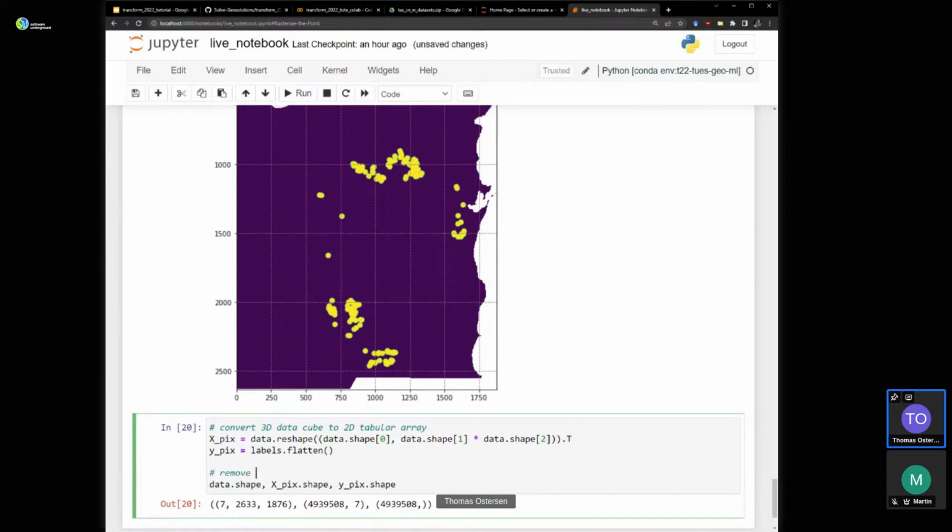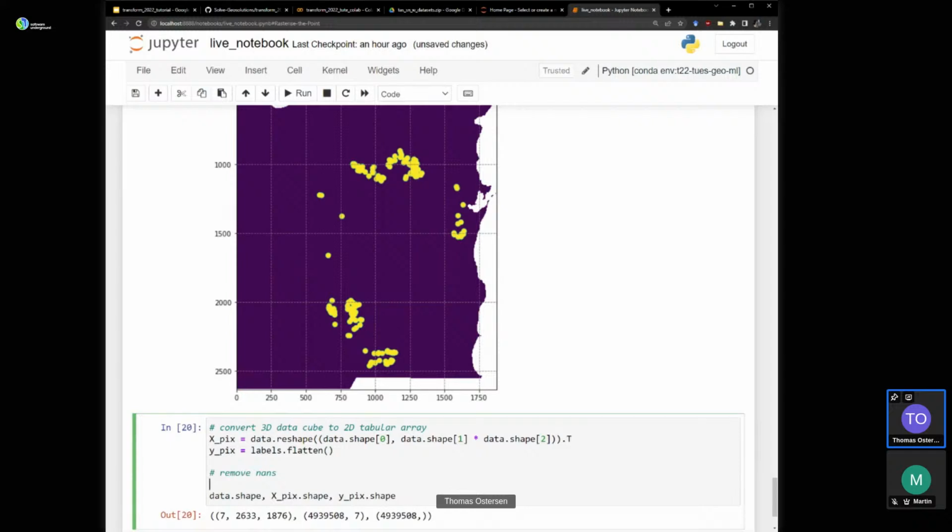So let's remove nans. I'll just output an x and a y array for this. So x pix, y pix, hold on, what am I doing? Oh, yep. NP is nan, so the inverse of NP is nan, y pix. That'll do. Y equals y pix.